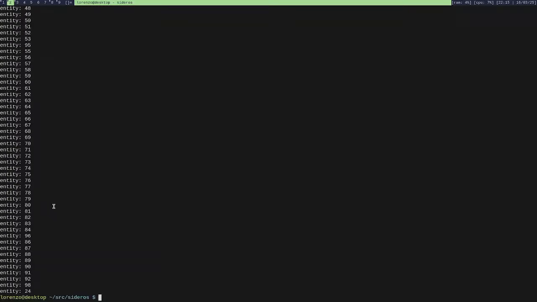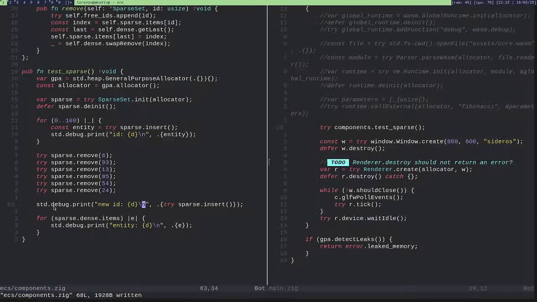Nice. Okay. So what I want to do now, I should create other dense arrays containing components, like component pools, which should be aligned to the entities inside the dense array.